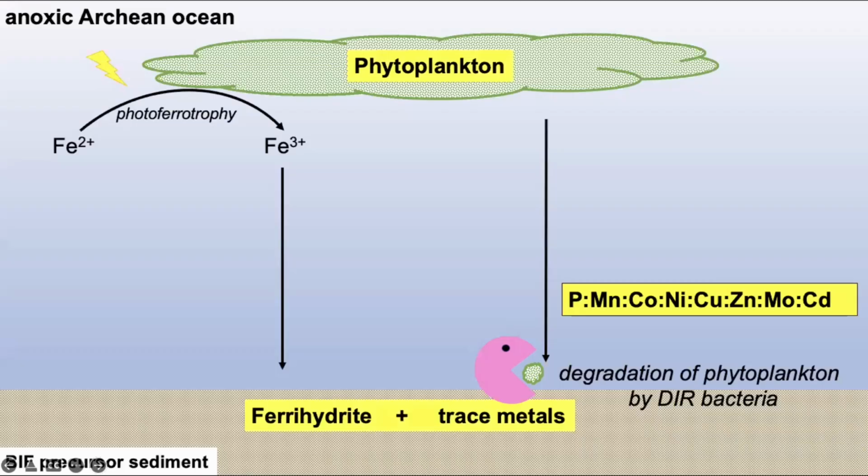Well, what does this mean for our overarching hypothesis? There's really good evidence still that the source of trace metals and iron in banded iron formations is from phytoplankton, as attributed to this similar trace metal stoichiometry between these two pools. But I think that the issue actually arises by thinking that this degradation process occurs specifically with dissimilatory iron reducing bacteria. And the reason why is because